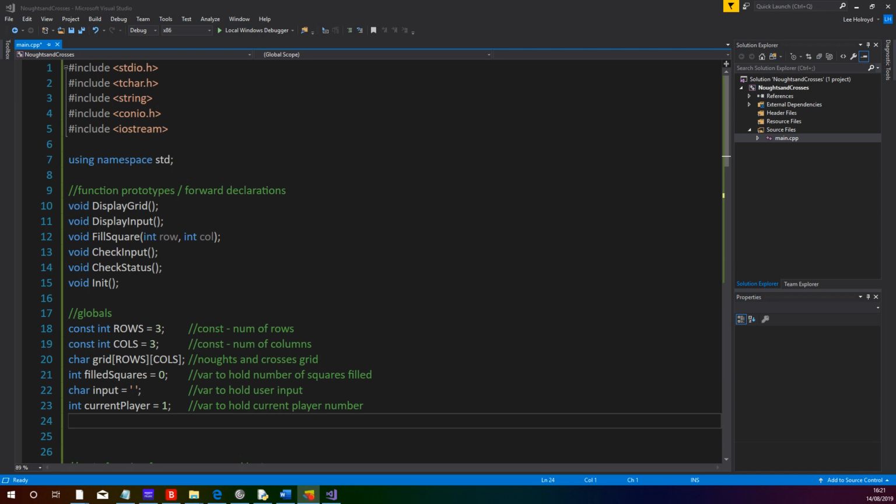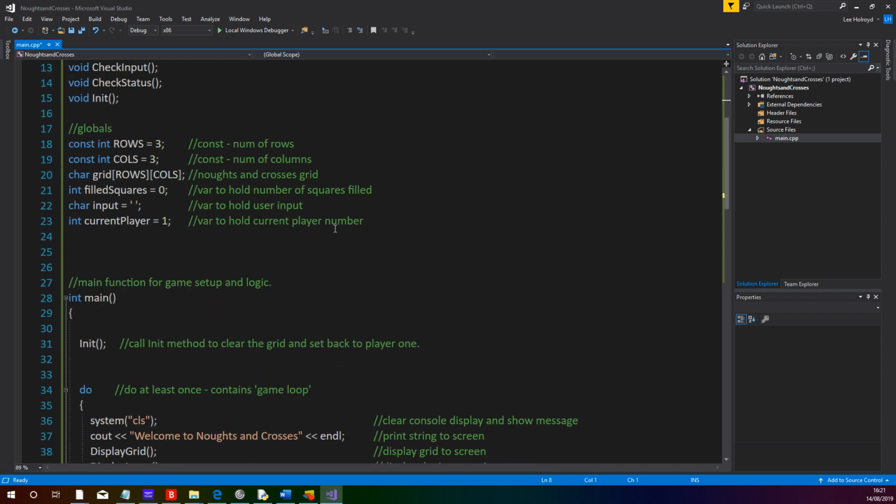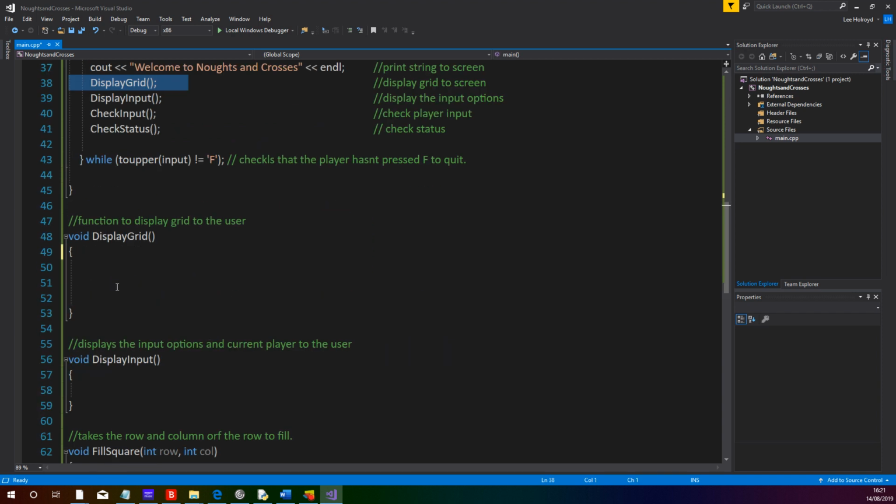Welcome to the next video in the series looking at building noughts and crosses in C++. So far we've added our include files, some function prototypes, some globals, and then we've set up our main game loop. This video is going to be very short and it's just going to focus on the DisplayGrid function itself. Okay, so we go down to DisplayGrid and then just put a comment saying